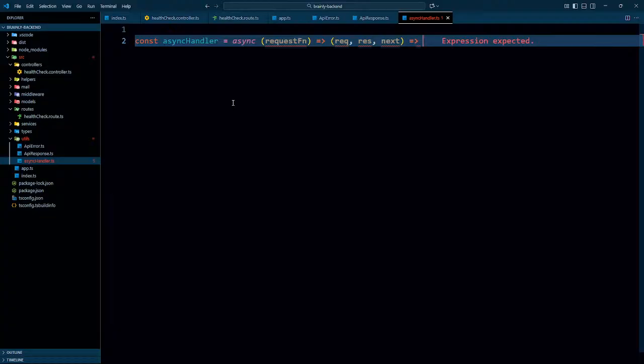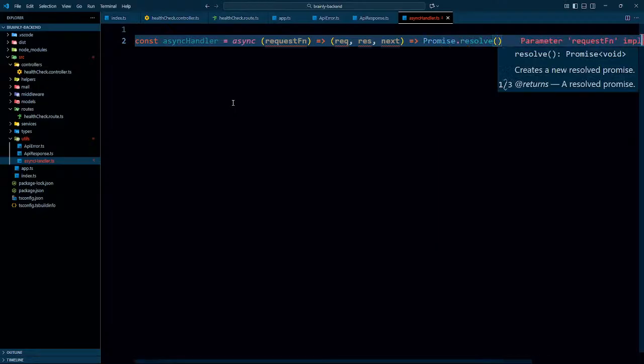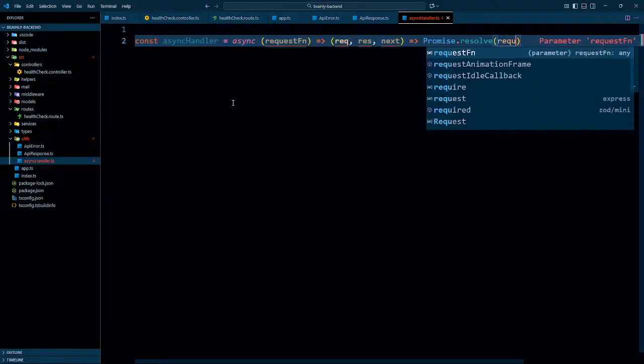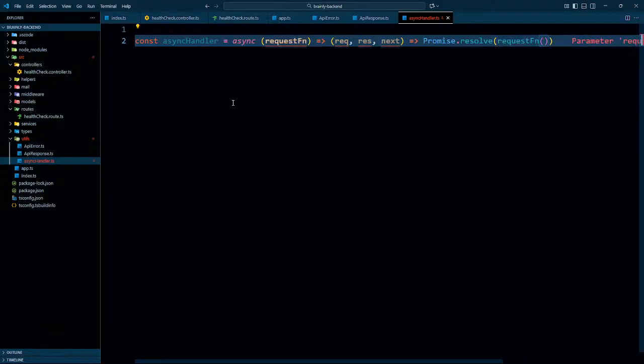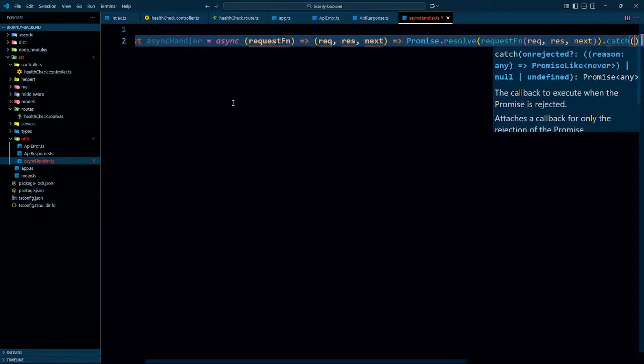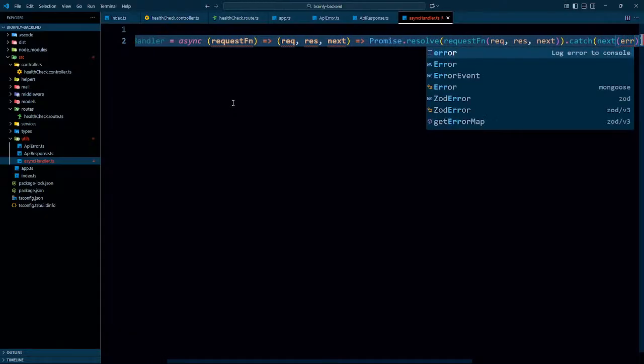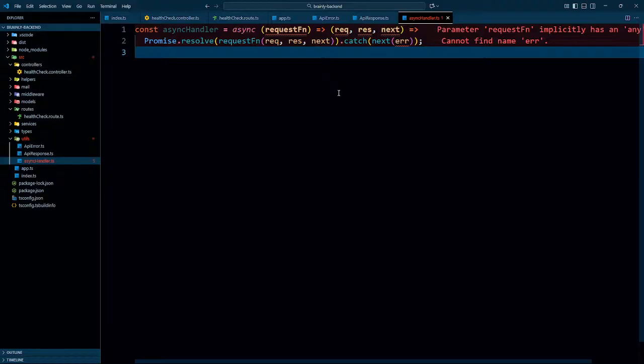Okay, so ultimately I will have to use promise here too, yeah, I think it would be okay. Promise.resolve. Then I'm just running this request function in here, giving it the values request, response and next. The thing is that I cannot take the help of AI. That's crazy. Doing the things on our own. Promise.catch, if there's an error, I will be catching the error, and once I caught the error, I will be simply forwarding the error like that.